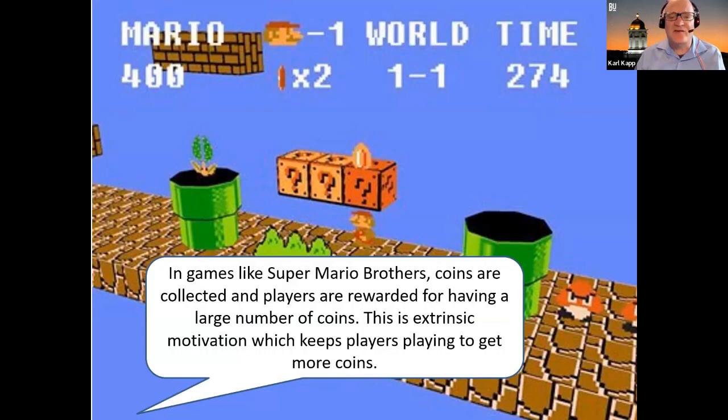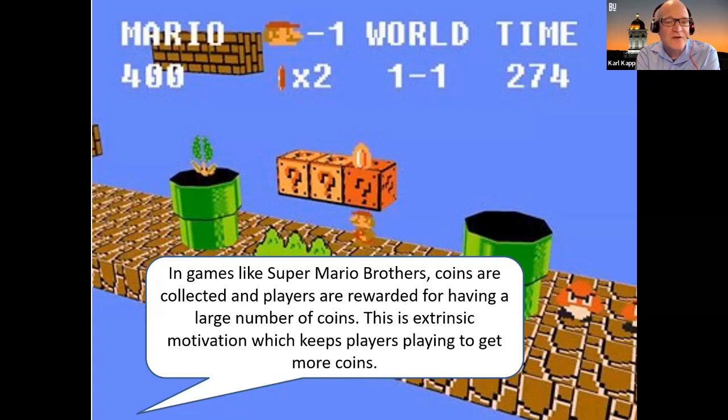So another example is games like Super Mario Brothers. Coins are collected and players are rewarded for a large number of coins, right? That's kind of extrinsic motivation, but it keeps you coming back because you do want to get those coins because they will help you with lives and with the scoreboard.